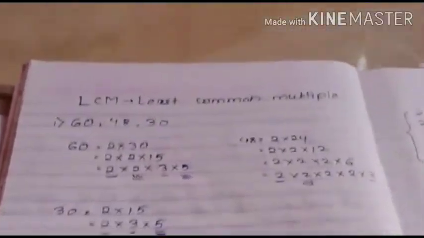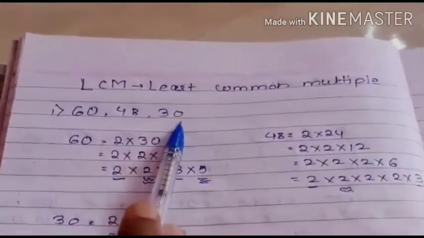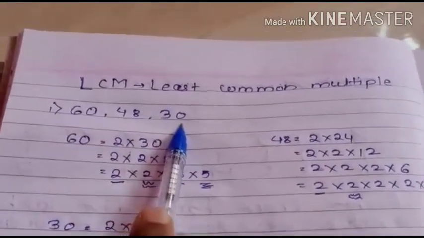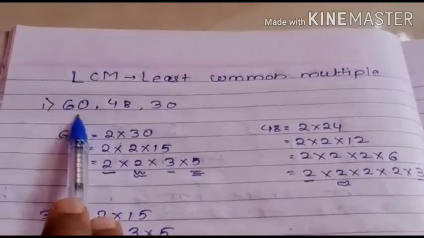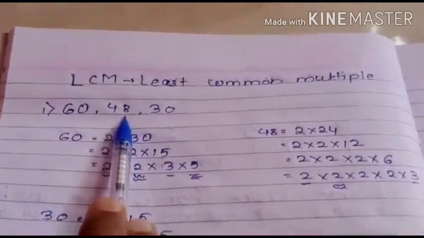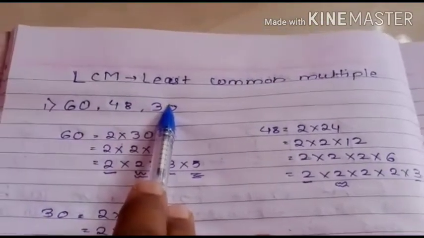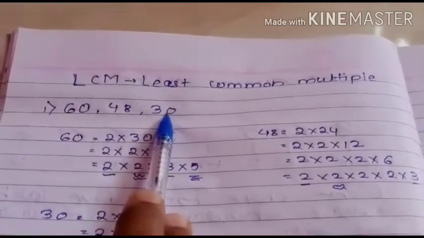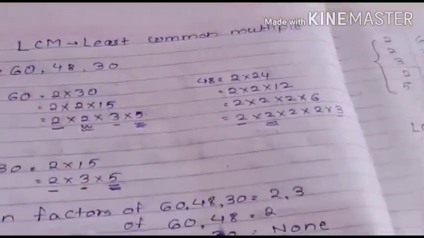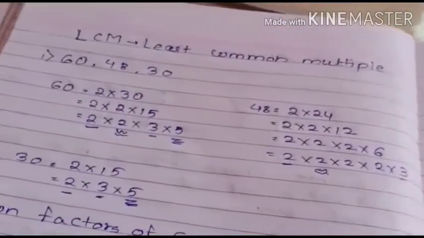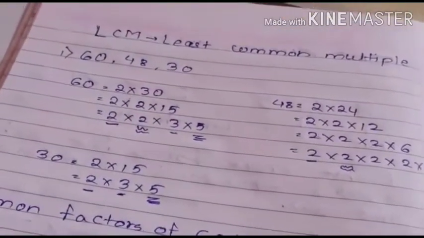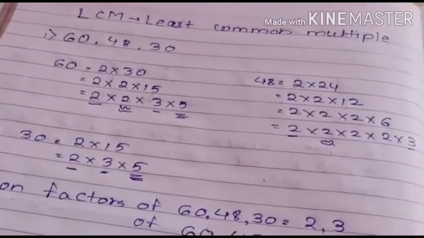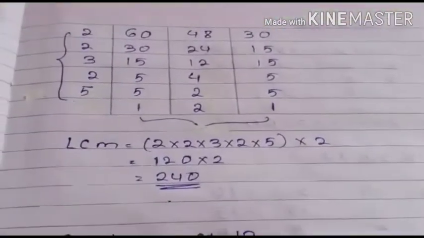That means when 3 numbers are there, we have to take the common factor of all 3 first. Then we have to take the common factor of the first 2. Then the common factor of the last 2. Then the common factor of the first and third. And lastly, the non-common factors. This is the step for the horizontal method. But instead of doing this too big a procedure, we can do it in an easier way. That method is called the vertical method.